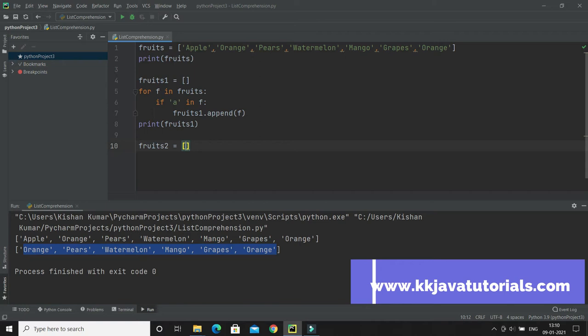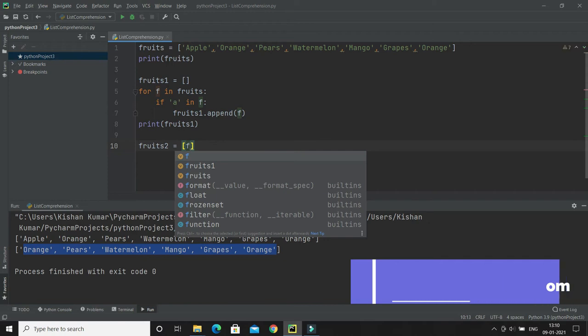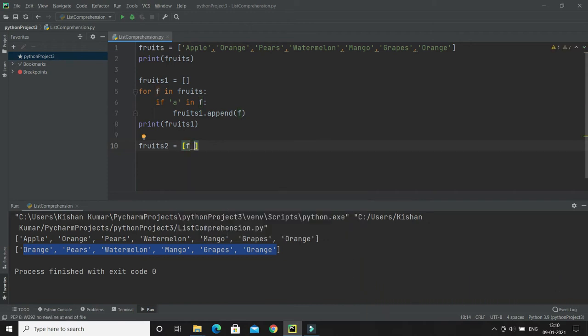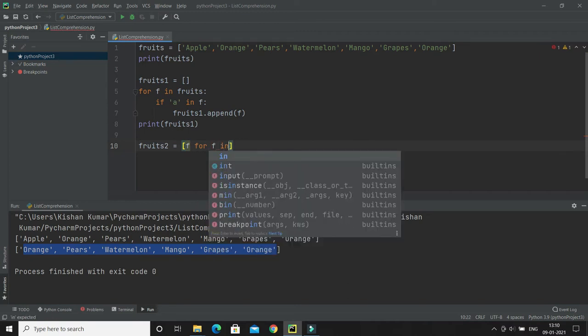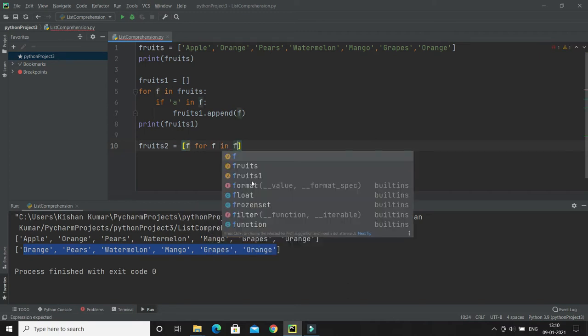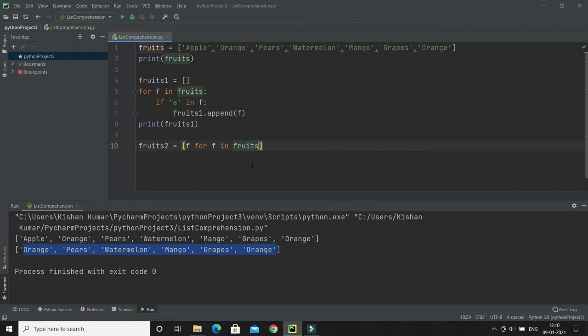Let's say I give the variable name as f, and I will use for f in, and you have to give the list name, and after that you have to give the if condition. Whatever if condition we were using over here, I now simply use inside the list comprehension, and that's it.